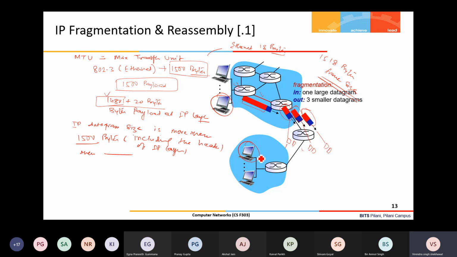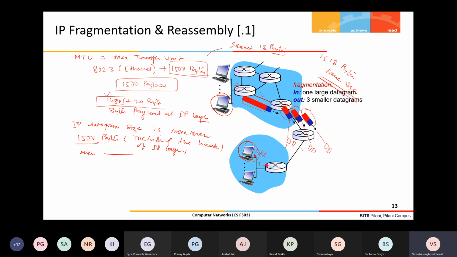So when it reaches the destination node, the IP layer at the receiver should reassemble the entire fragment, not the router. The IP layer should reassemble all the fragments of a datagram and give a single datagram to the receiver's transport layer.